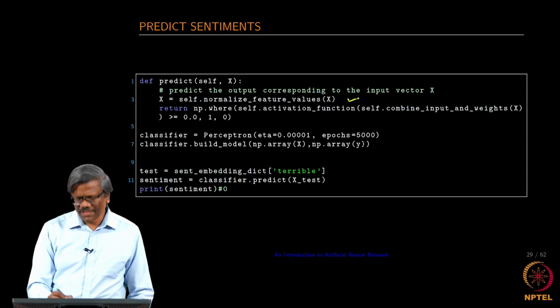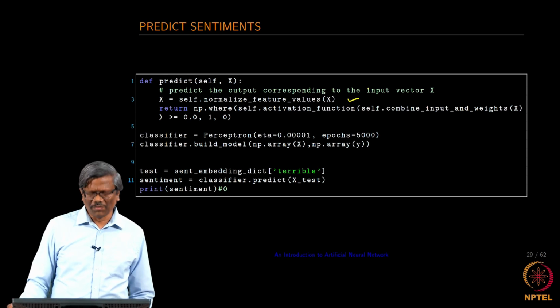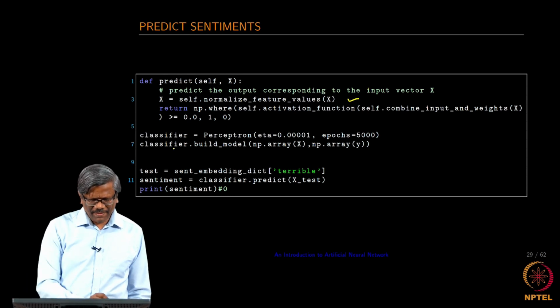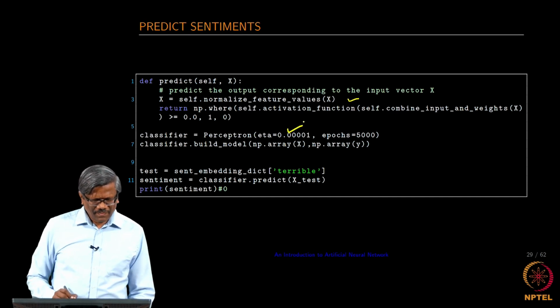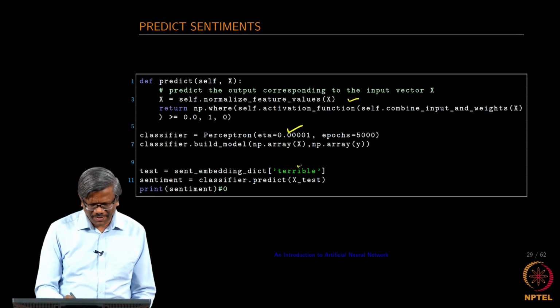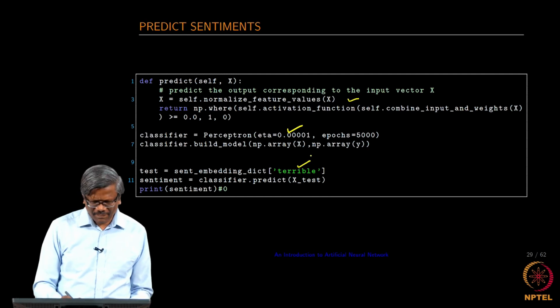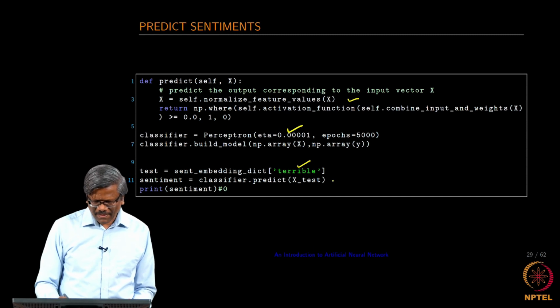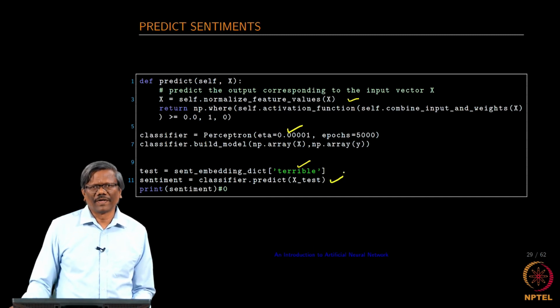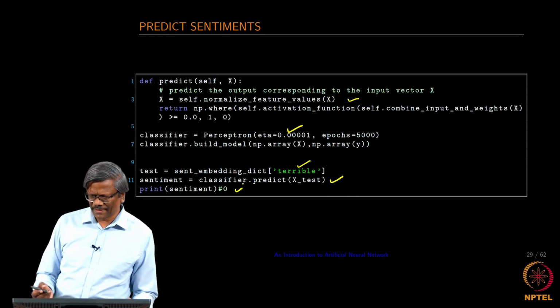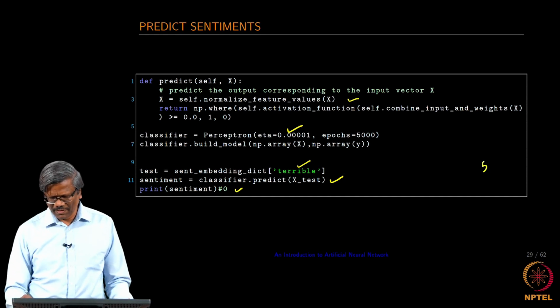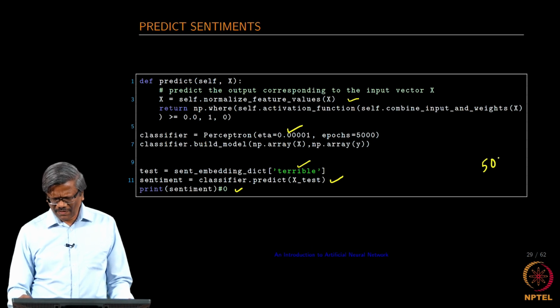You do the normalization very similar to what you had done during the model building, and then test the embedding word. So, you take one word from the embedding and then feed that, and then find out whether the classifier really predicts the right value or not. So, in this case it has predicted. So, I think I have run close to about 500 to 600 iterations for all the